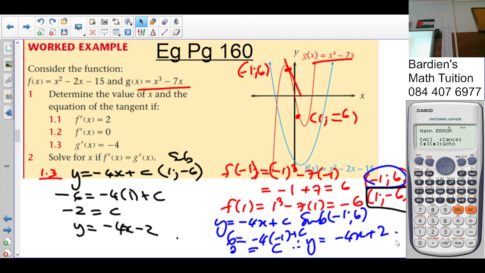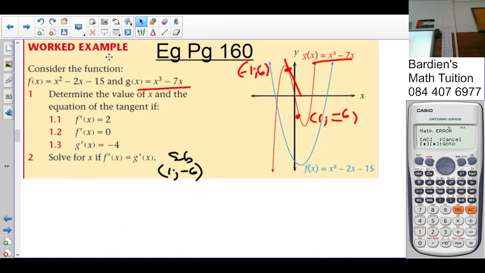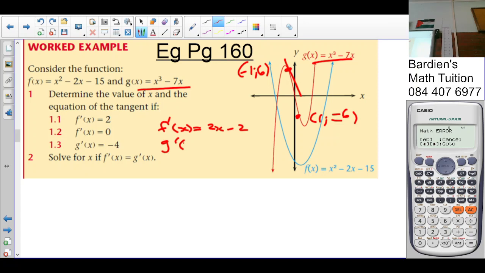In the next question, number 2, they say solve for x for which f prime x is equal to g prime x. What does that mean? That means the gradient of the f graph is exactly the same as the gradient of the g graph. You see that? The gradients are equal at which point? So for f of x, we worked out that gradient already, which was 2x minus 2. The gradient of g of x is 3x squared minus 7. So they are equal to each other. So therefore 2x